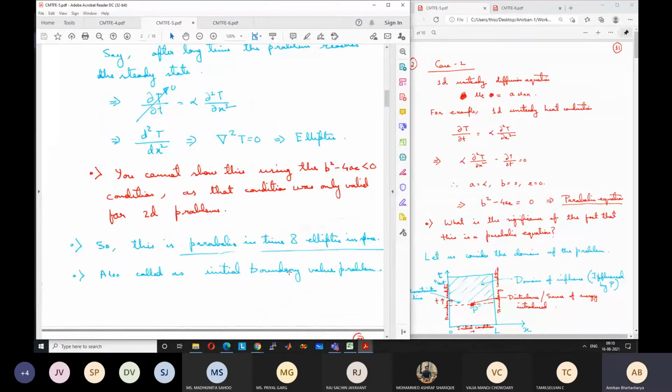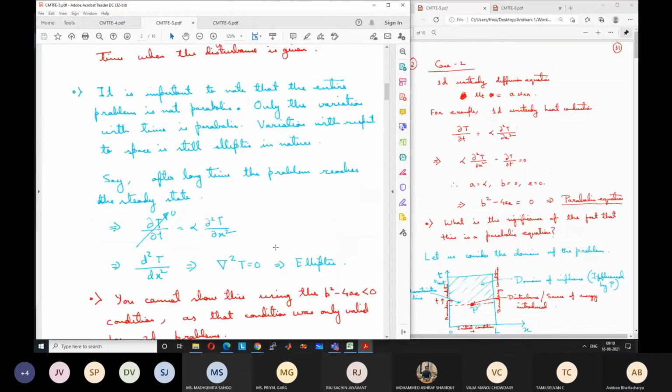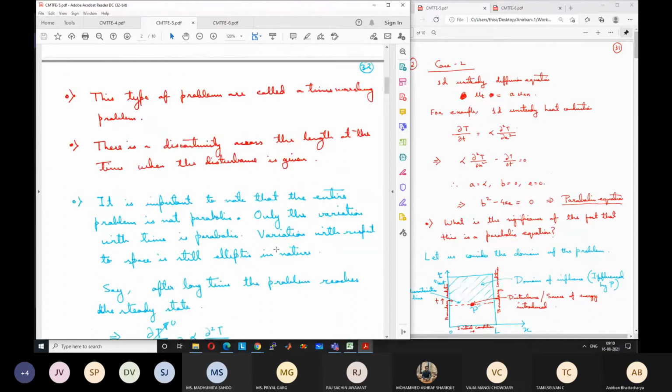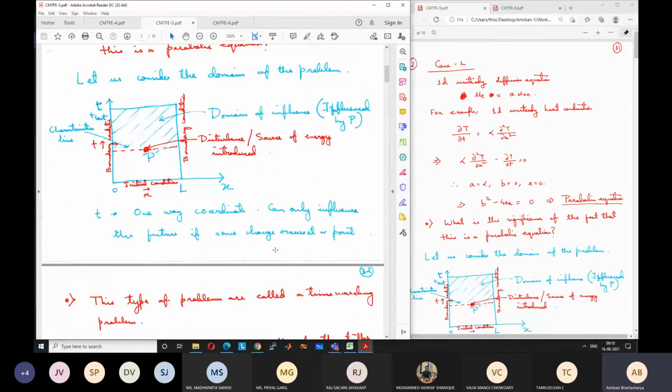I had also given another example. It's not there in the notes, but in case the flow velocity is very large, then also any change that occurs will only influence the downstream side. It cannot influence the upstream side. Okay. So in that case also, in the space direction, it is not guaranteed that it is elliptic behavior. So in the space direction, you cannot say that any disturbance will influence all the neighboring points. It may happen that it only influences a certain region. Okay. Later we will see that that type of problem is actually a hyperbolic problem.